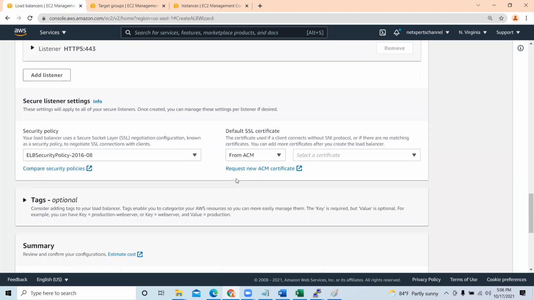Then guys, you are going to choose a certificate. I already got the SSL certificate from Amazon, and I am going to deploy it. Choose the ACM, then choose the certificate. When you choose the certificate, guys, it says asterisk. Asterisk means